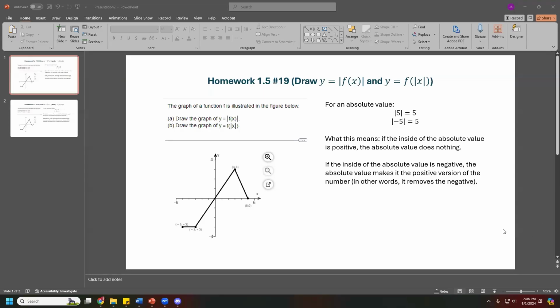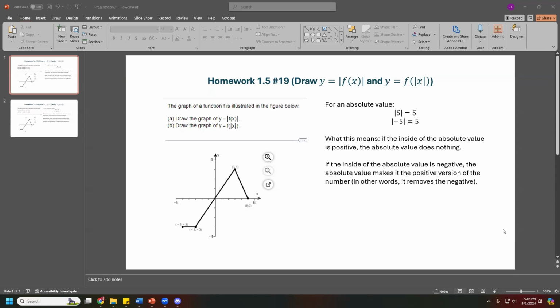Okay, this is how to do homework 1.5, number 19. This is the one that has the funky looking graph and it has some absolute value transformations. These are not ones that we've talked about specifically, so it'd be a good idea to go take a look at these. Okay, so first of all, to understand how to do this question, we first need to understand what